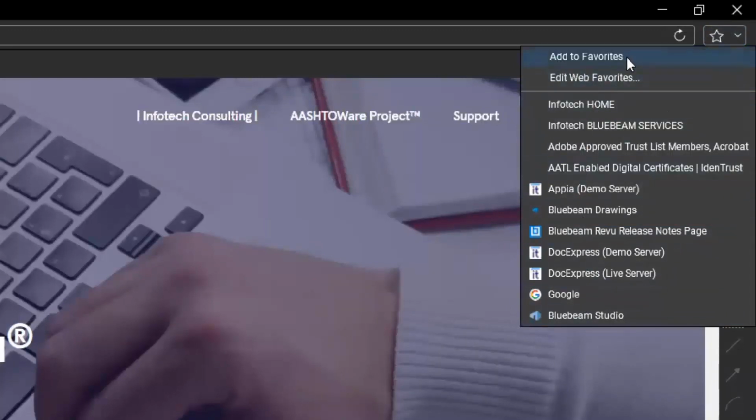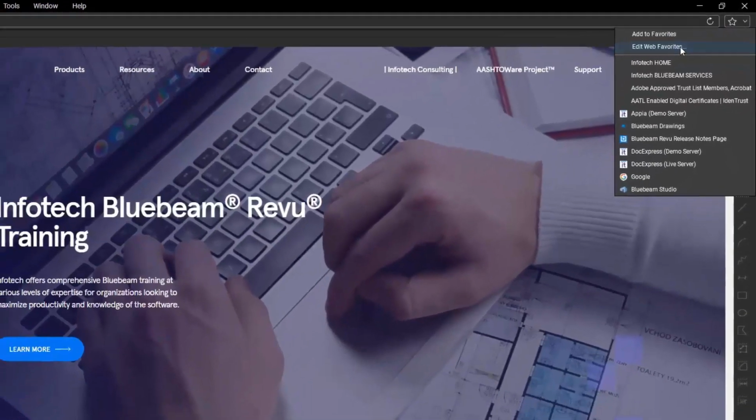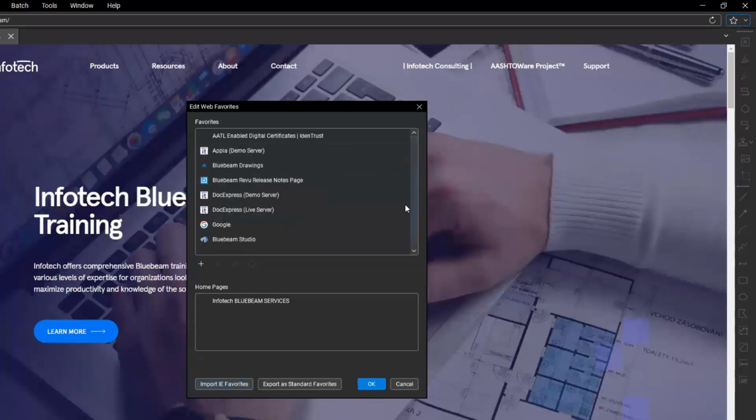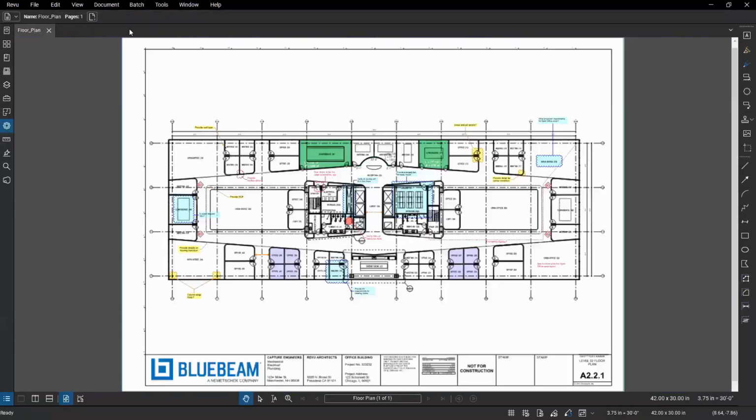And there's even a button here for editing your Bluebeam browser web favorites, and there's a web favorites editing interface here where you can do that. And you can even, from within this interface, import your Internet Explorer favorites and build your list by just importing your standard favorites so that this browser has the same web access information that your standard browser has. Now we're going to come back to web tabs from time to time, but I want to draw your attention